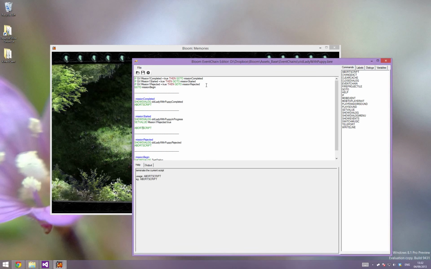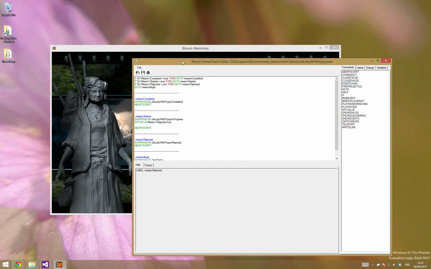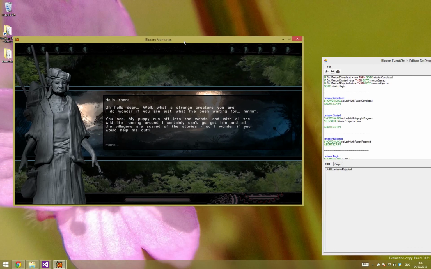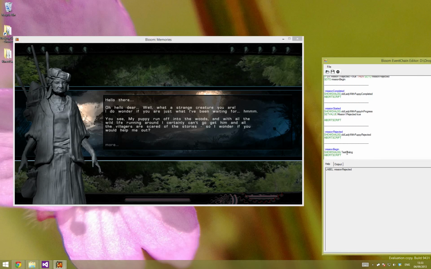We've got some bit more in-depth stuff here. Simple logic stuff. If the game value of mission 1 rejected equals true, then go to mission rejected. Down here we've got mission rejected, and it will show this script. What we can do is we can actually run that, and we've run the script, and in this situation it's checked all these values, they're all false. It's then gone to mission begin, which is down here, which shows this test dialogue, and that leads us into,